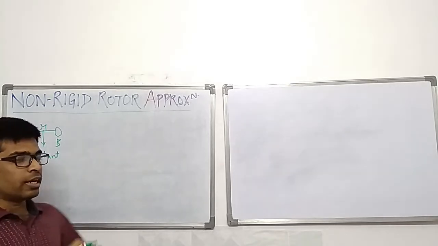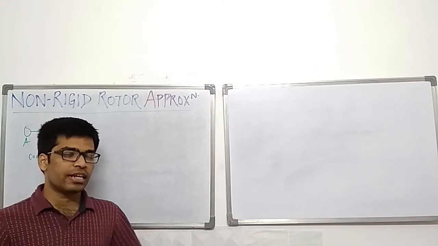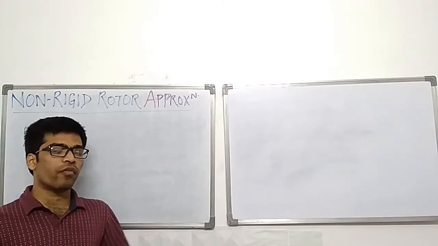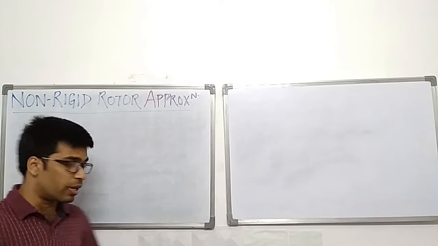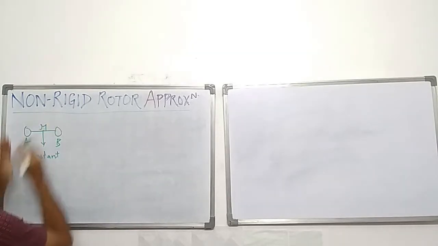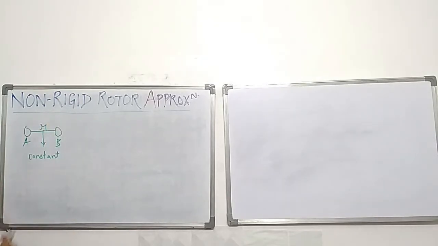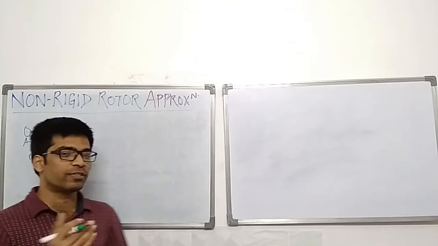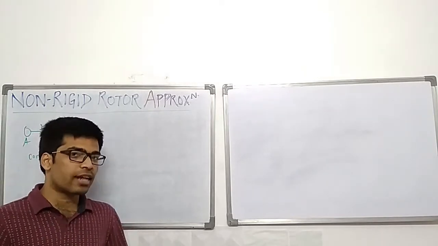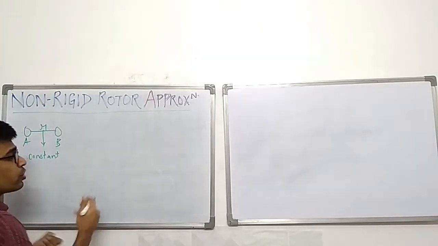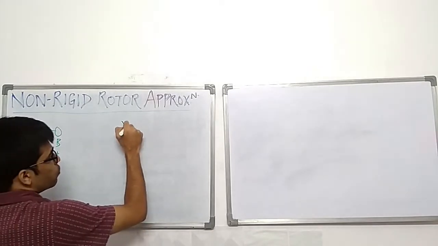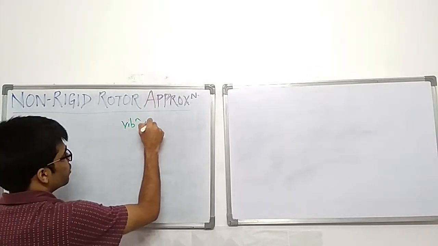But if you think about real case scenarios, the bonds will always be vibrating. It's not possible that you fix the two atoms in their places such that they are not vibrating. That vibration will always be there. And how can you understand this? Let's say you want to see by using the vibrational energy.